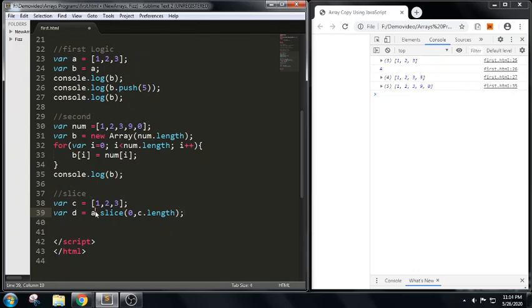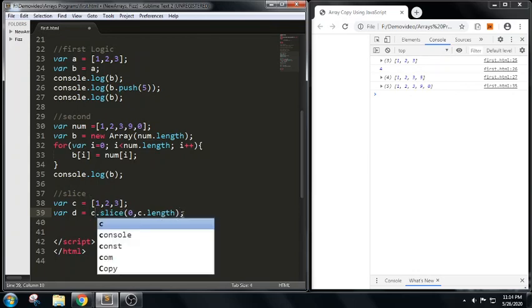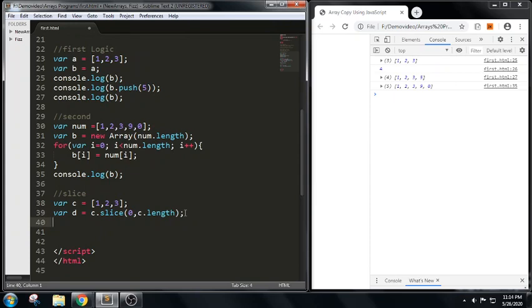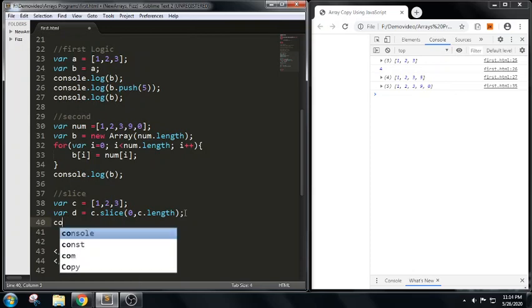So we will have an array named c here, with array literal 1 2 3, and we take variable d equal to c.slice of 0 comma c.length. It means the length will automatically be 3 there, but 0 comma 3 indicates it will pass indices 0, 1 and 2. So output would be